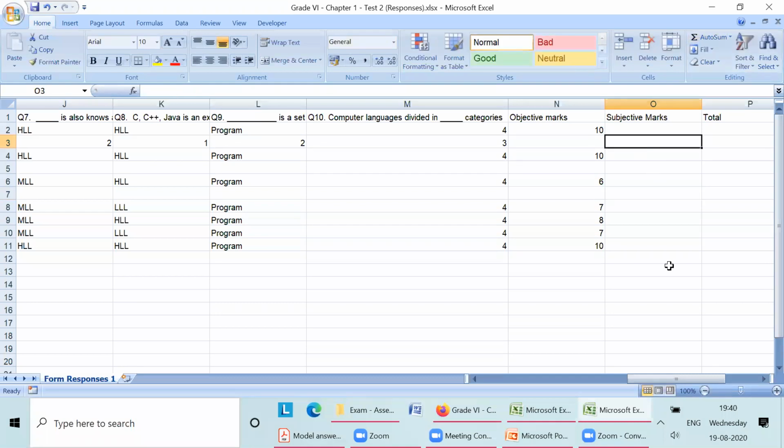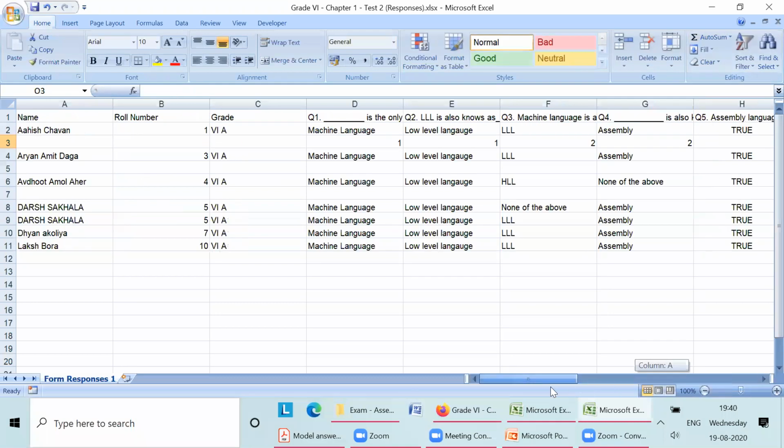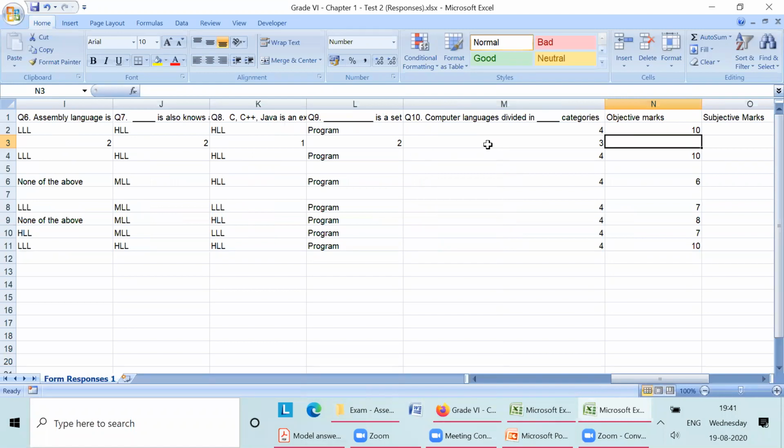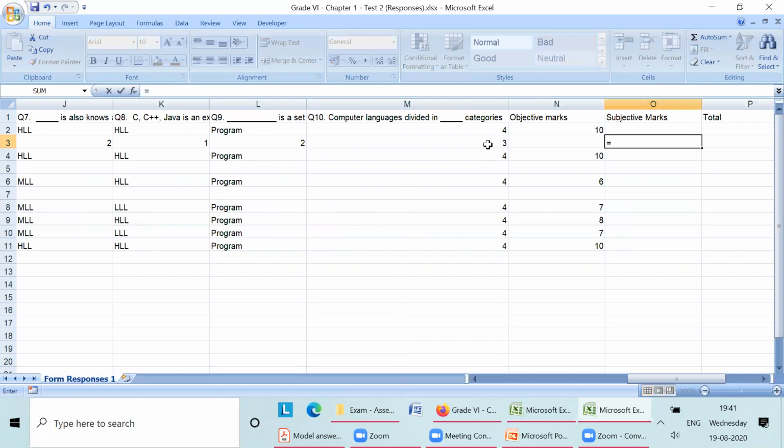Now, what is this that I am going to explain? This is your first subjective question, D. This is a column number. This is a row number, 3. From D3, you have to add up to your last question, which is in M3. So always the formula starts in Excel with equal to: =SUM(D3:M3).